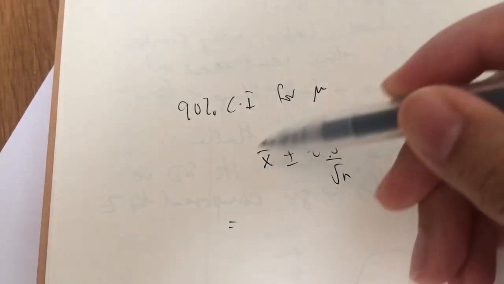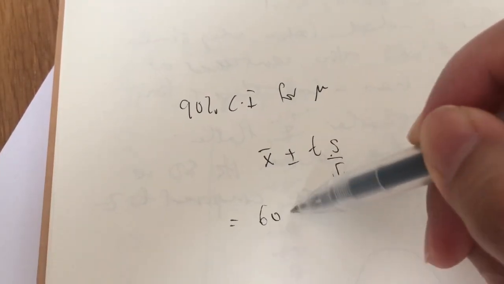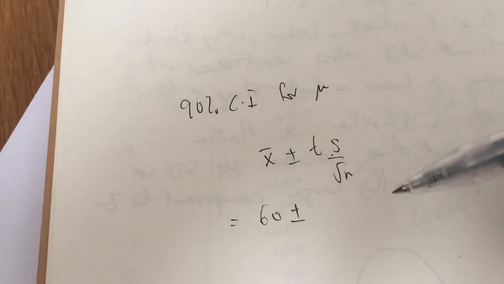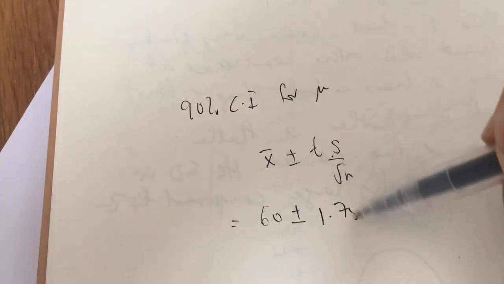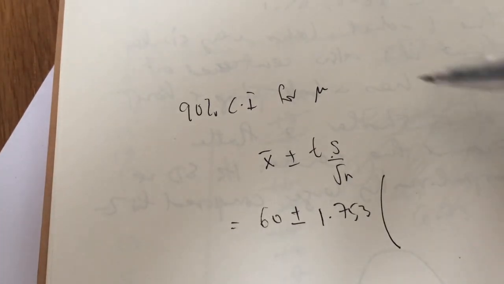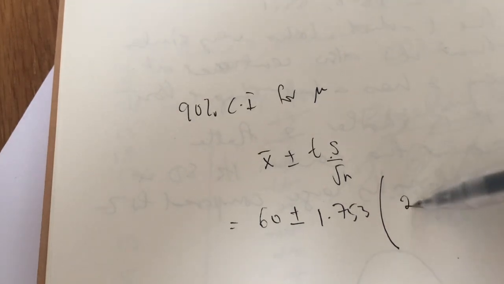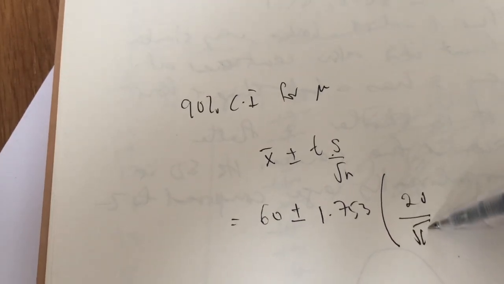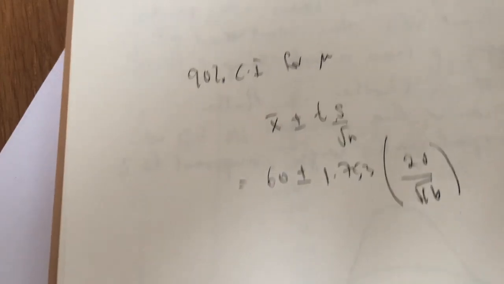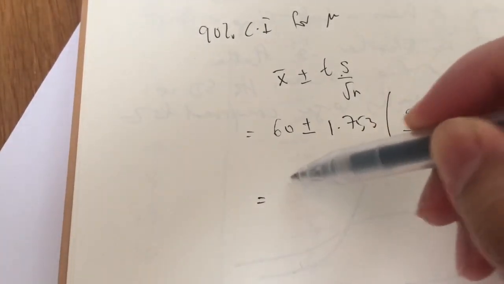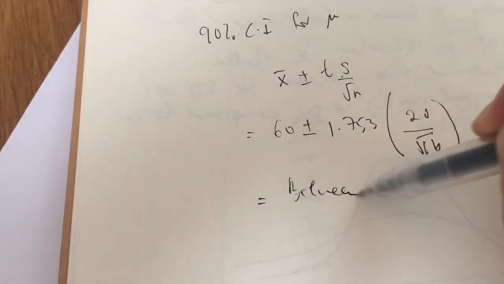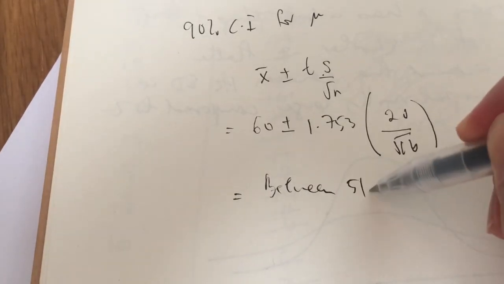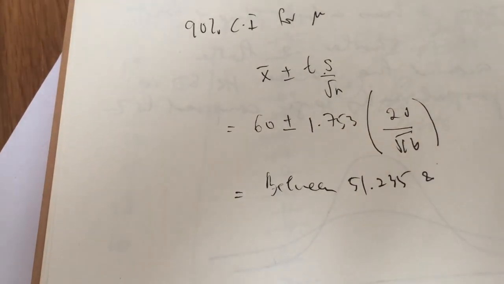Putting everything together, what was our x bar just now? 60, plus minus the t that we found, 1.753, times the sample standard deviation, 20, over the square root of n, which is 16. Solve this, and you will get between 51.235